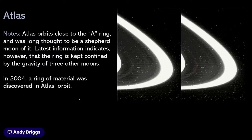And latest information indicates that the ring is kept within its limits, if you like, by the action of 3 other moons, Prometheus, Janus, and another one I can't remember. So Atlas is not actually a shepherd moon. But in that case, how did it get that? If it's not picking up material like a shepherd moon does, how does it actually get that ridge around its